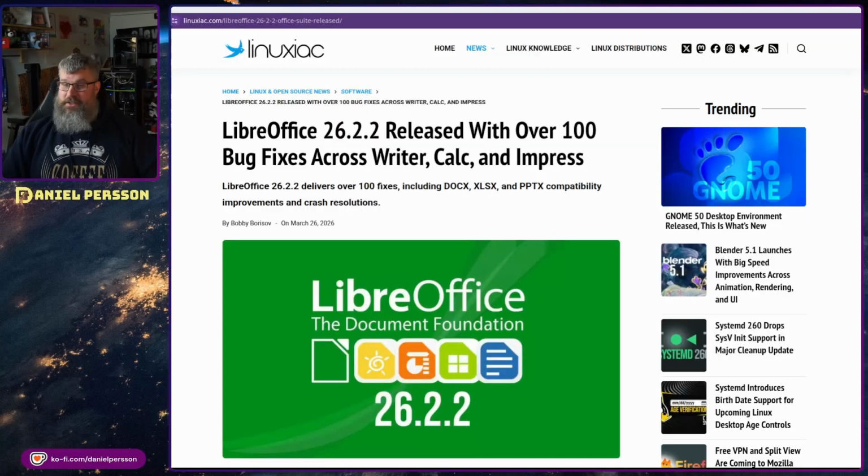We also have an update of LibreOffice, and it had more than 100 bug fixes, and I think there were a lot of small changes and so on. I'm not sure if 100 is the correct number there. Perhaps 100 fixes, but I'm not sure that all of them were bugs. But they fixed various issues, crashes, and other annoyances. There are also improvements which I really like, because they are more accurate when it comes to PDF exports, including corrections to